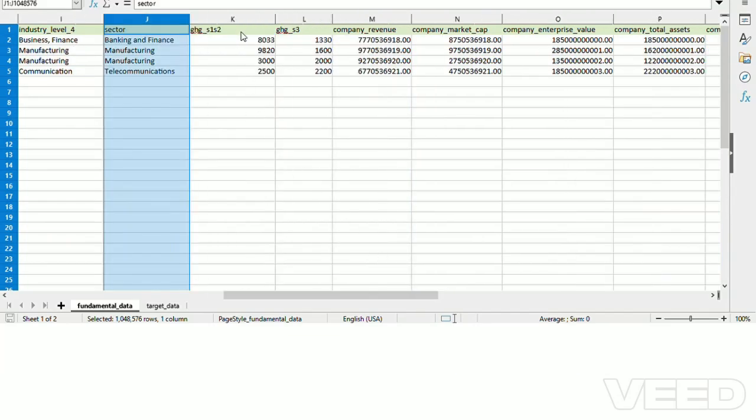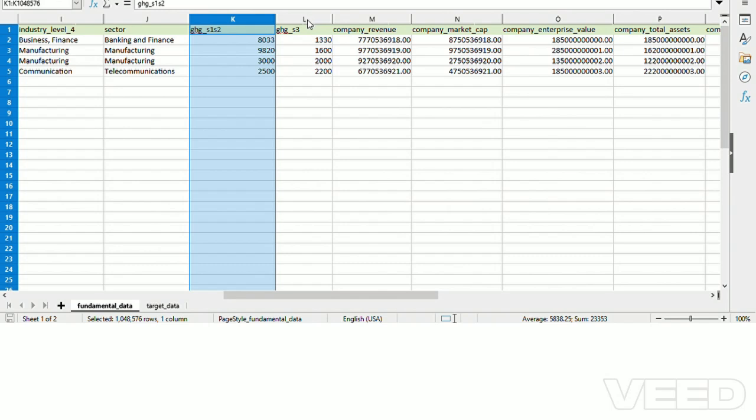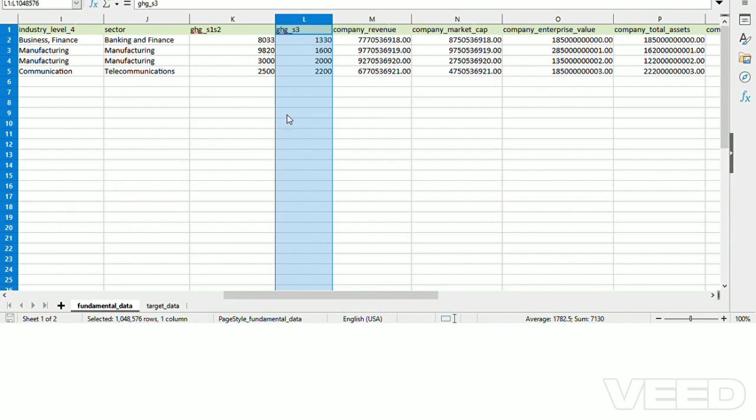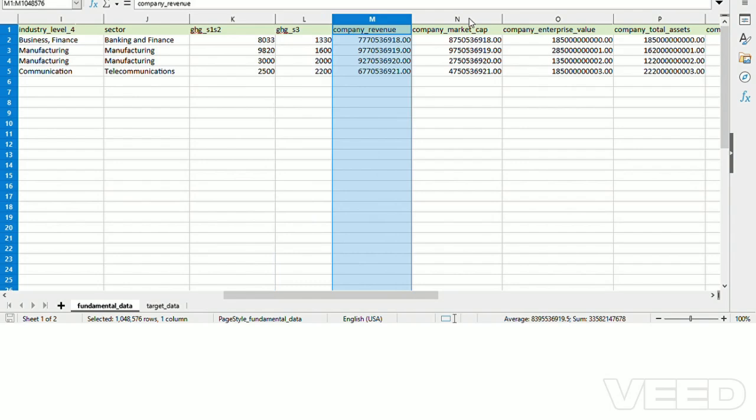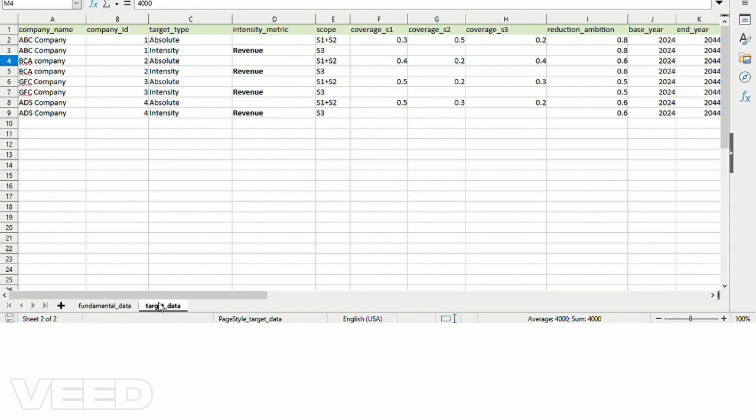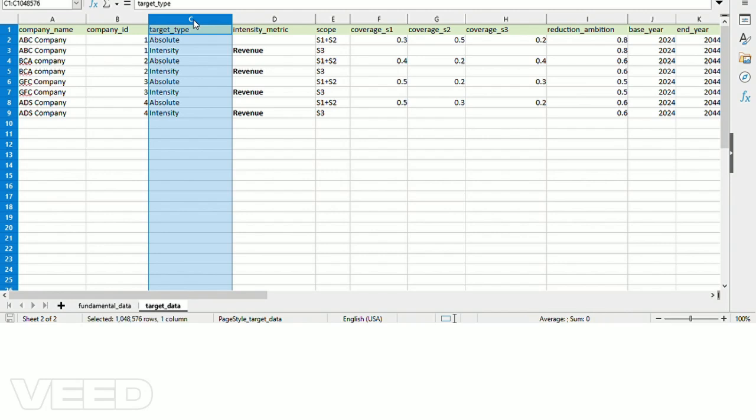GHGS 1S2 and GHGS 3, the company's greenhouse gas emissions. Scope 1 and 2, emissions from direct operations. Scope 3, emissions from supply chains and other indirect sources. Company revenue and market cap. These are financial metrics used in temperature calculations. B. Target data sheet. This sheet tracks climate commitments. Target type, specifies whether the company's emissions reduction target is absolute